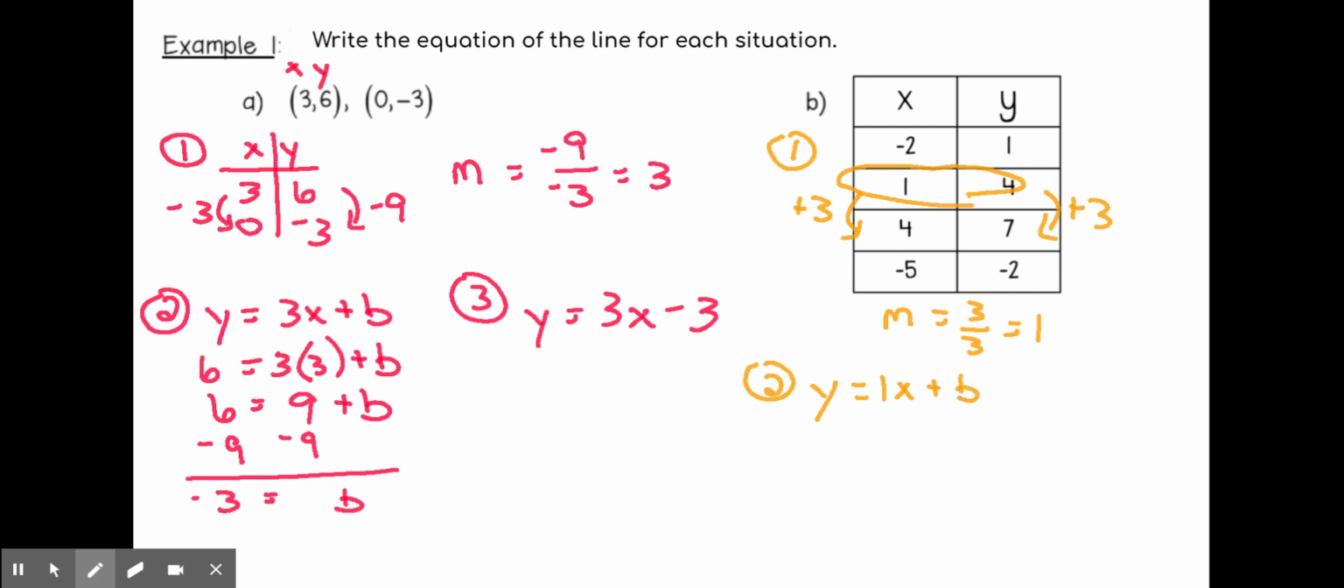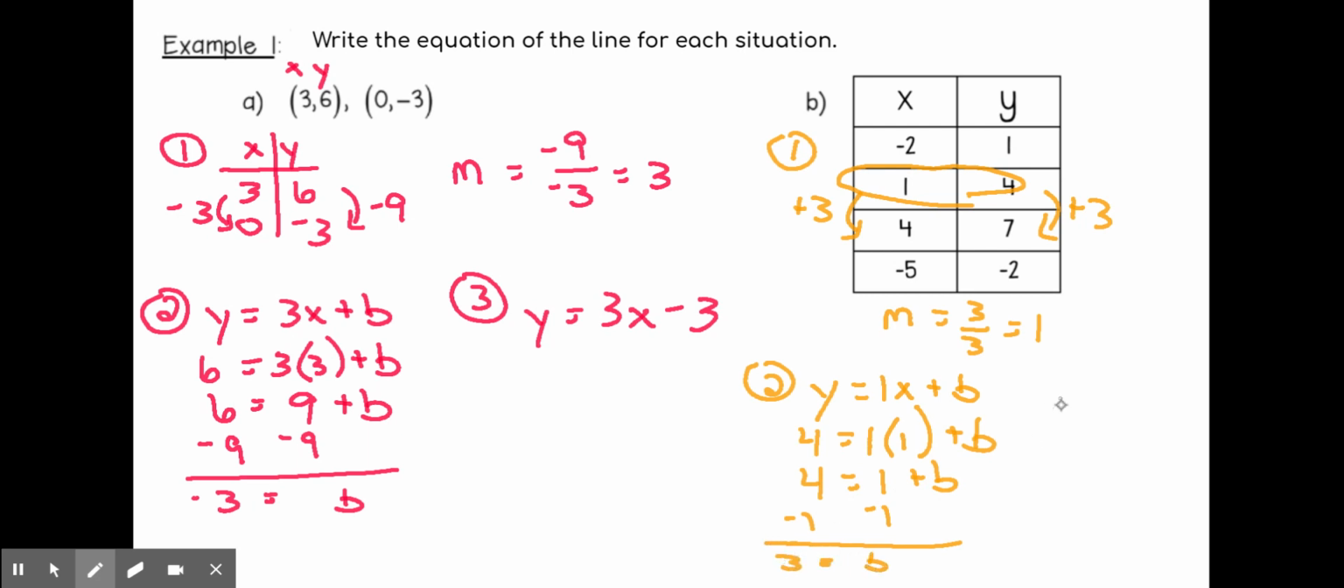Okay, now we're going to talk about that 1 in a minute. We don't have to write that there. So my y value is 4. So I'm going to plug in 4 equals 1 times my x value of that point, which is 1. And I'm going to solve. So 4 equals 1 plus b. I'm going to subtract 1 from both sides, and b is